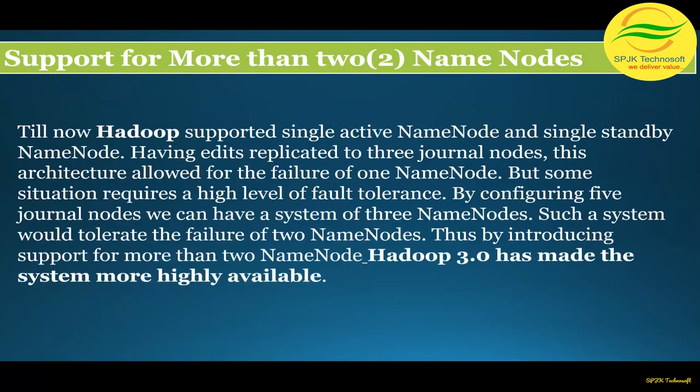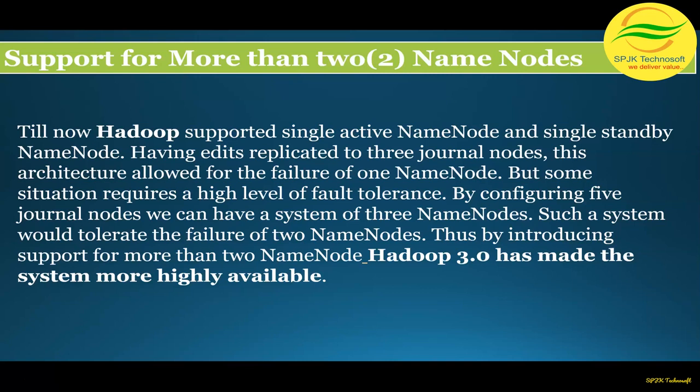Okay, and then if we see the Hadoop 2 version, we have only one name node, and there could be another standby name node, or we call it a passive node, which regularly keeps updating its FS image files and edit logs, just to make sure that the replica of the name node is maintained in the standby name node.